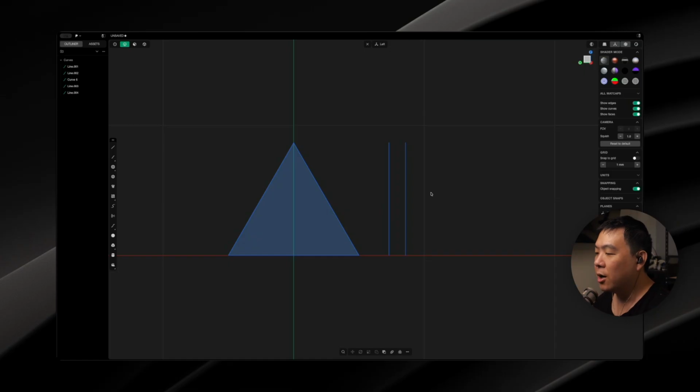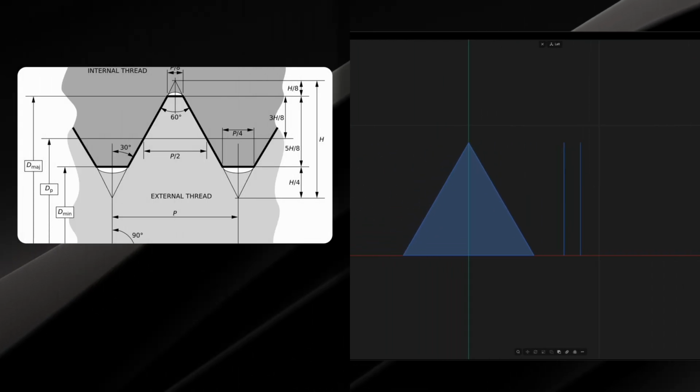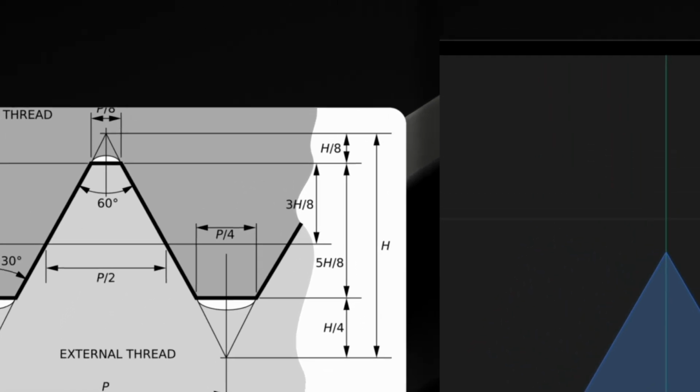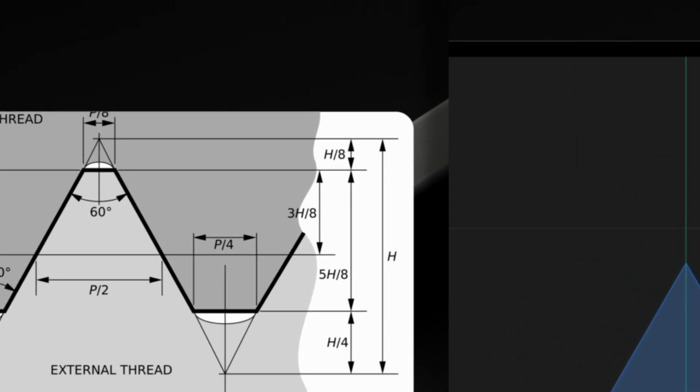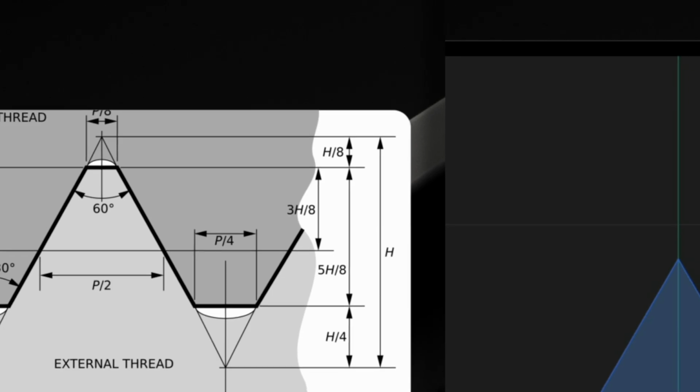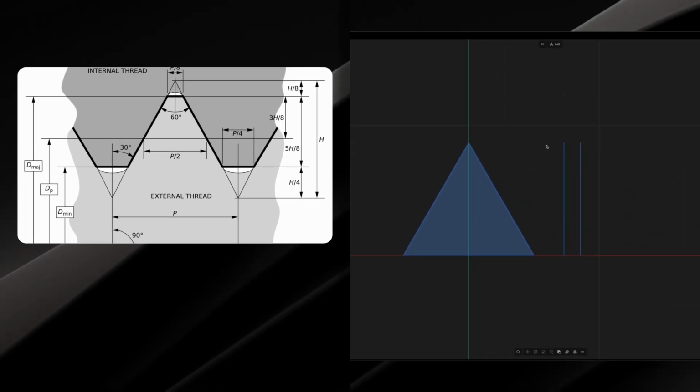Why do I need 2 copies of this line? Well, it's because in order to get the offset from the top and the offset from the bottom from our triangle, these measurements are derived from H. So from the top of the triangle, it is H over 8. And from the bottom, it's H over 4, a quarter of H. So using these 2 lines, I'm going to calculate exactly H over 8 and H over 4 using the built-in